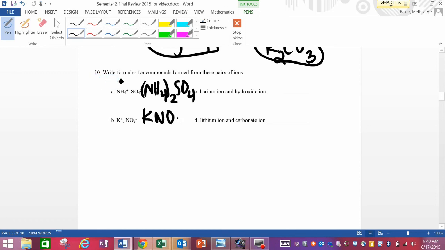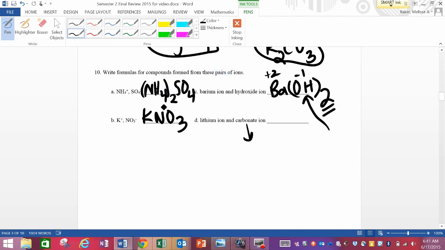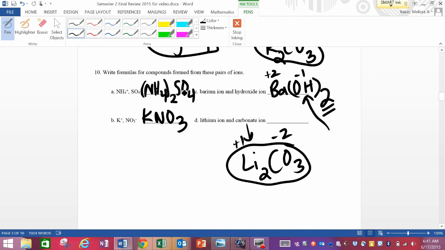KNO3, this is a repeat. That was in the question above. Barium hydroxide. Barium's got a +2 charge. Hydroxide's a -1. So this is Ba(OH)2. Remember, you need parentheses because it's more than one polyatomic ion. And finally, lithium and carbonate. Lithium's a +1. Carbonate's a -2. So this is Li2CO3. That's it for part